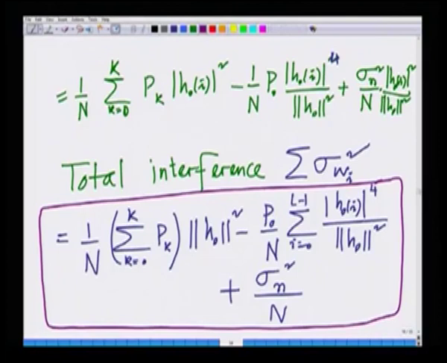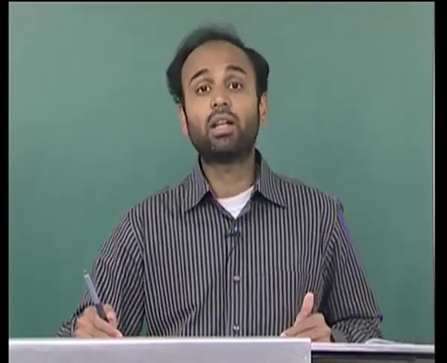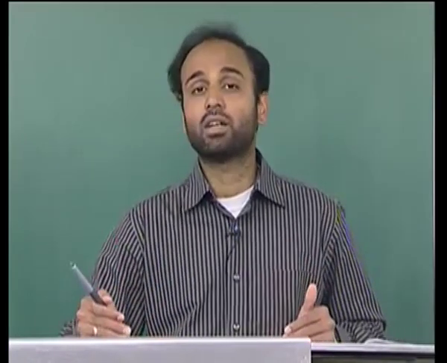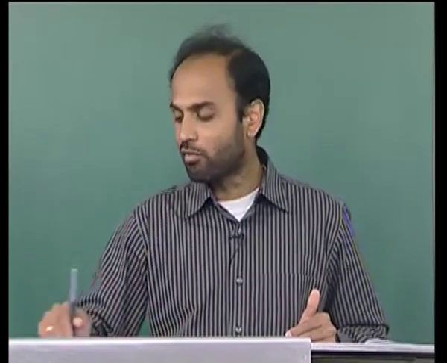The strange thing about this interference, look at this, this is summation k equals 0 to K, that is summation of powers of all users, even the desired user P0 is interfering with himself. Why? Because when you are extracting one component corresponding to a path, the rest of the paths are interfering with this component. So, it is a very interesting expression in which there is a lot of interference, hence this is a rich system. But now we have characterized the power in the interference,